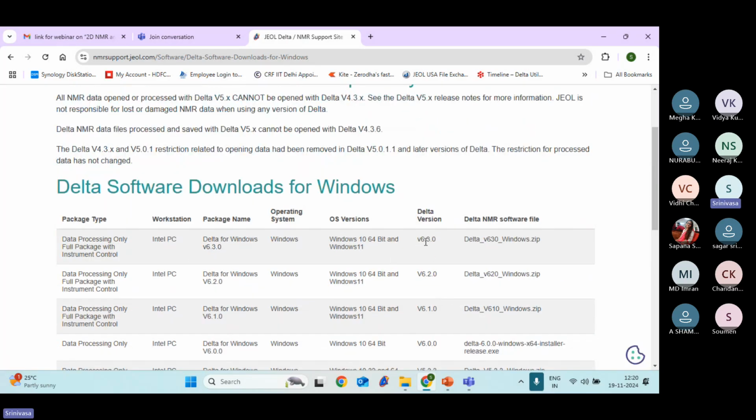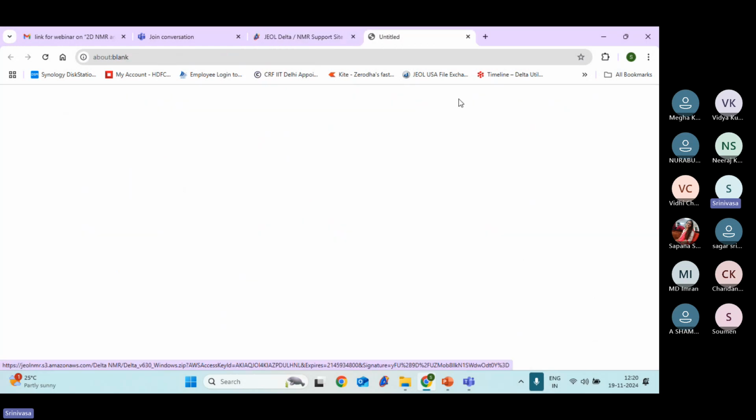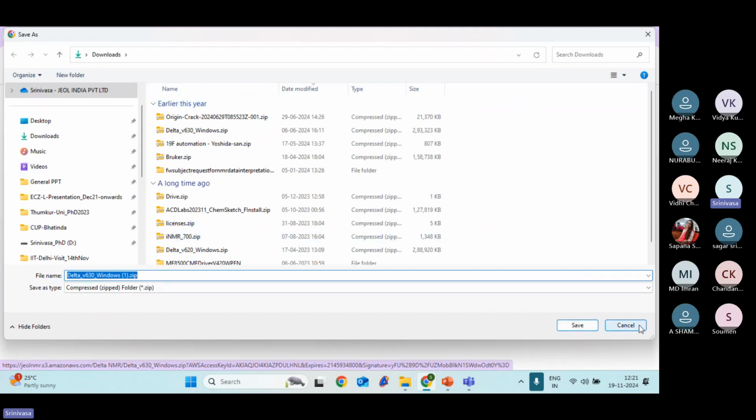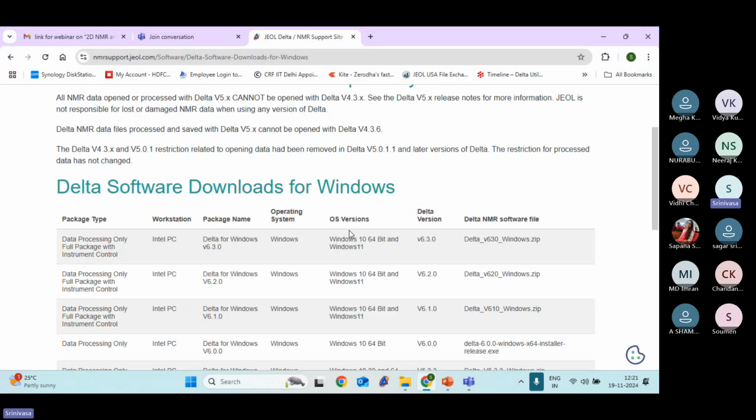Now I request you to take the first one. This is Delta 6.3.0. It is the latest released version for processing. New features are added and that's very useful, so I can try it out. Just click here. It will say to go to download. Once it downloads, it's a simple download process. Double tap that and you can install it. After downloading that,